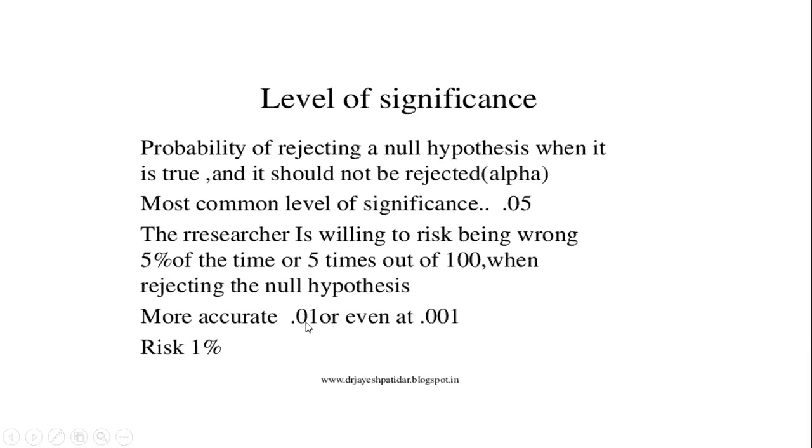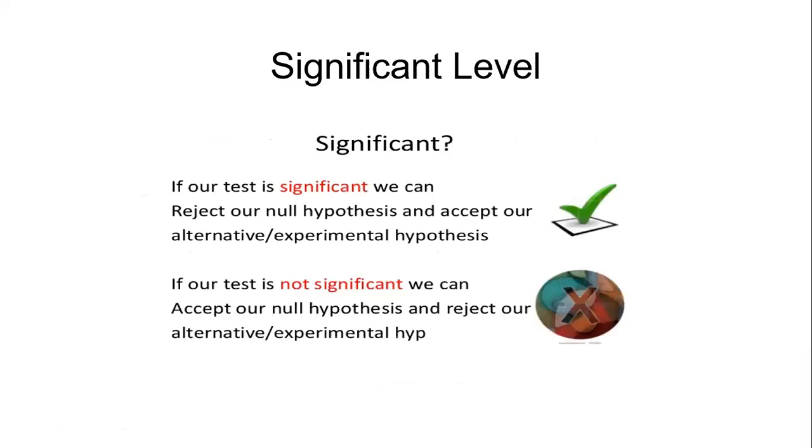And there is another significance level you can obtain, 0.01 or even 0.001. This is 1%, compared to 5%. This is very low compared to 5%. Normally in our health research, we use both significance levels, 0.05 or 0.01. I think you get a clear idea about what the significance level is. I'm just simply explaining. I'm not going to go deep. Just keep it simple in your mind.